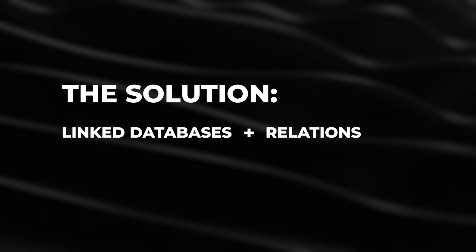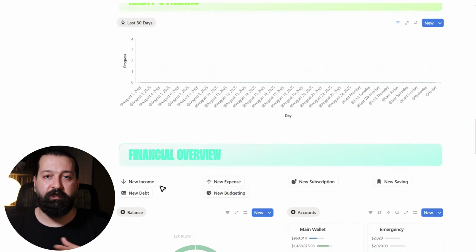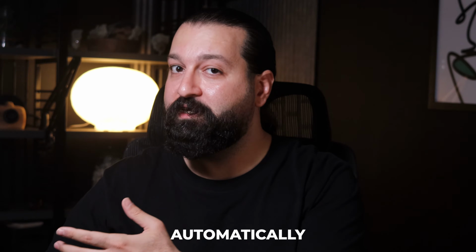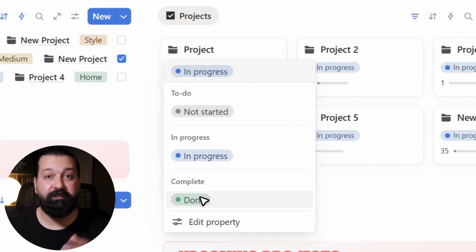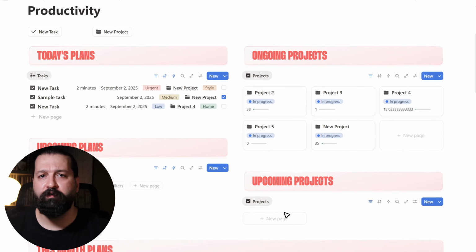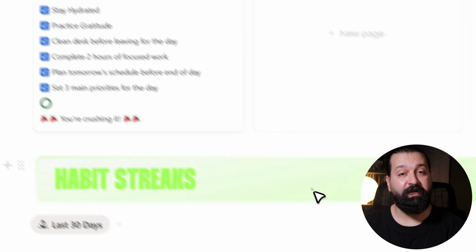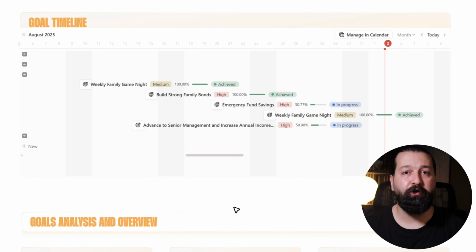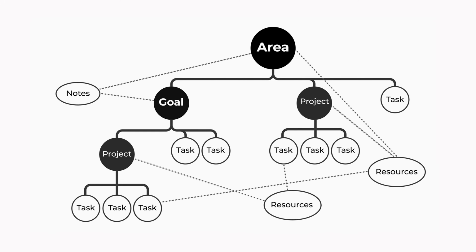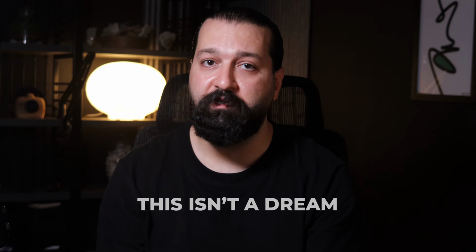And the solution: linked databases plus relations equals one source of truth. Let me show you how I connected my entire workflow using linked databases and relations, so that when I update something in one place, it automatically syncs everywhere else. Imagine this: you open your project page and instantly see every related task, deadline, meeting note, and goal all live and connected. You finish a task in your dashboard and it's instantly marked down on your calendar and your team's Kanban. You never wonder, where did I put that? Because everything flows together. This isn't a dream, it's Notion's real power, and I'll show you how to unlock it